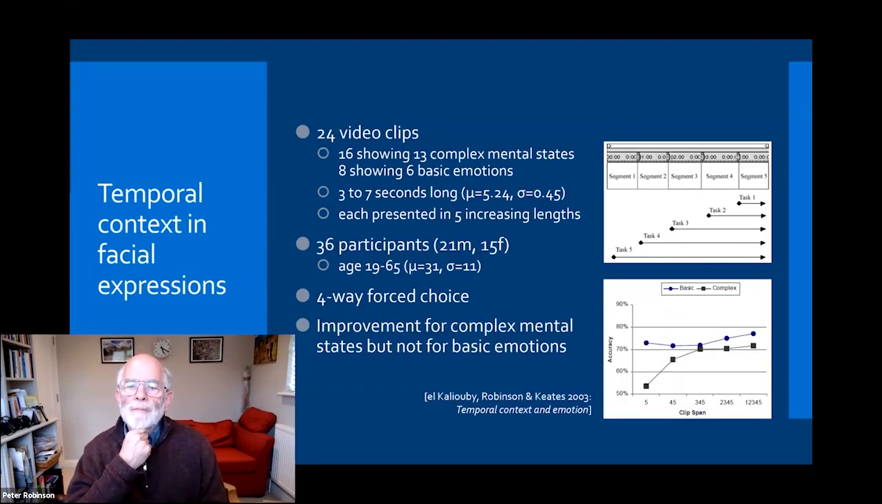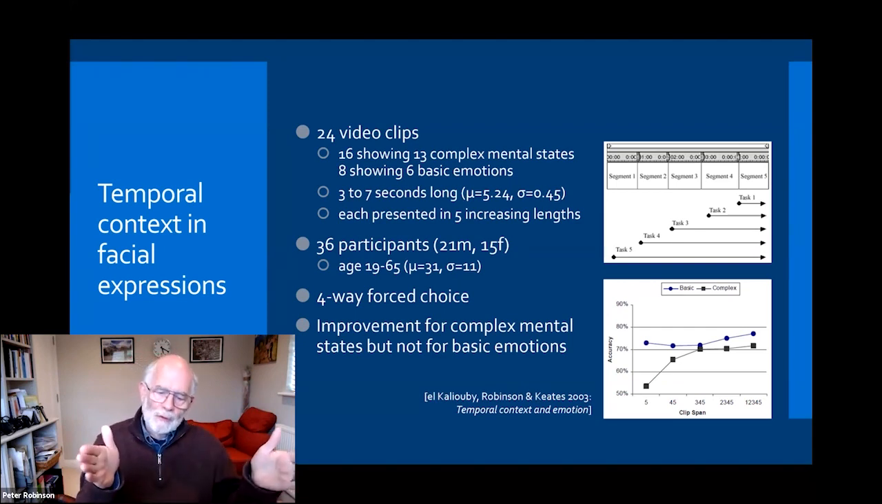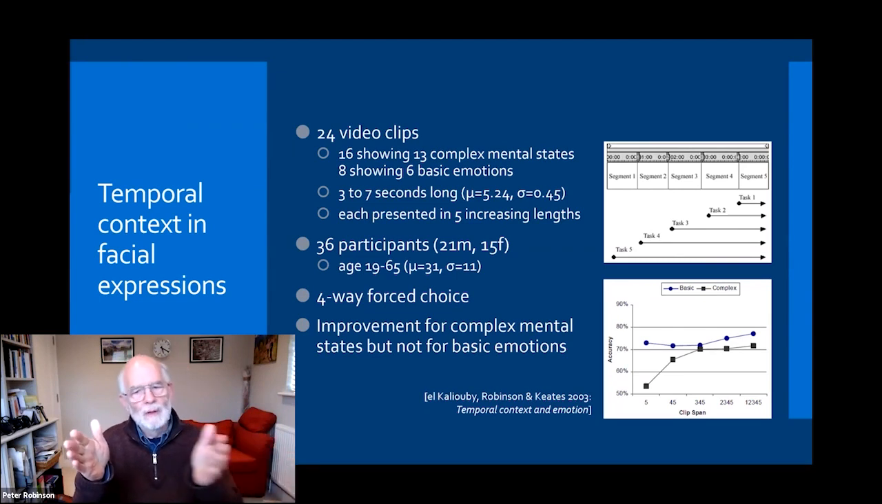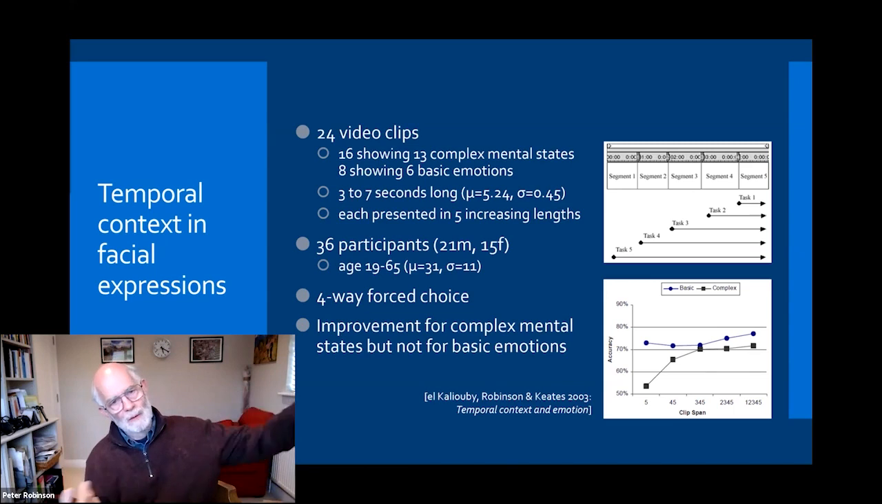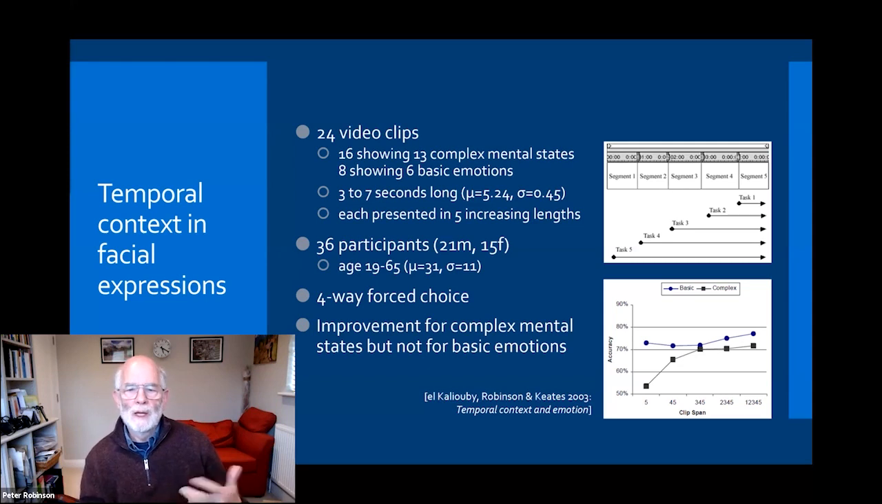So we took some of the video clips off the DVD and cut them up into shorter segments, and showed people initially just the very last fifth of the movie, and then the last 2/5, 3/5, 4/5, and then intermingled all these and worked through the 24 clips. We had 16 showing complex mental states, 8 showing basic emotions, and they were all various different lengths, but then cut up into 5. And we got 3 dozen participants to look at them and ask them what they saw using